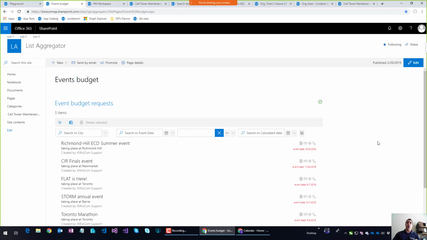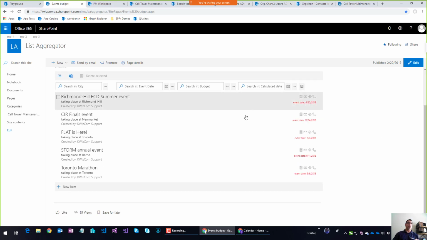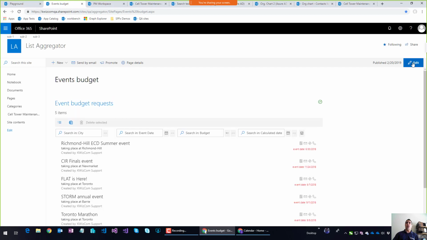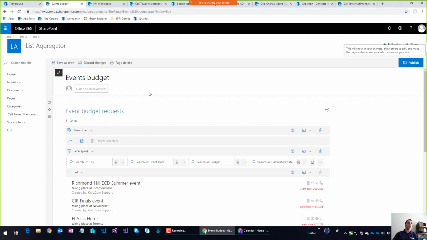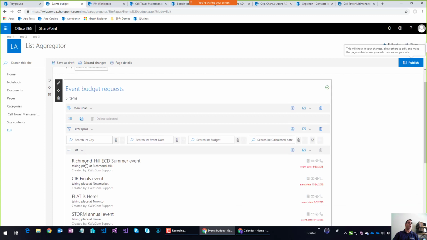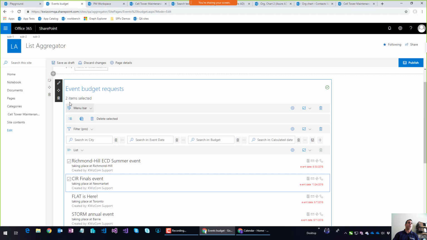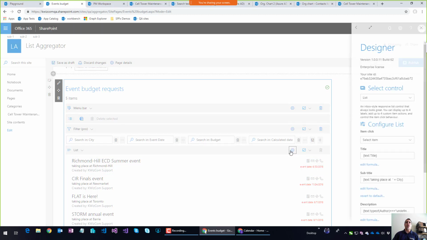Let me close that. And I want to show you, in this demo, how we added another action and the conditional formatting right here. So let's click on Edit. And there's a few things to note right here. First of all, you can see that I got 5 items, and automatically when I'm selecting something, this is bound to the global level. So right now 2 items selected, 1 selected, nothing selected, so I chose to show the number of items. I will go to my list control, click on the gear to go into the designer,